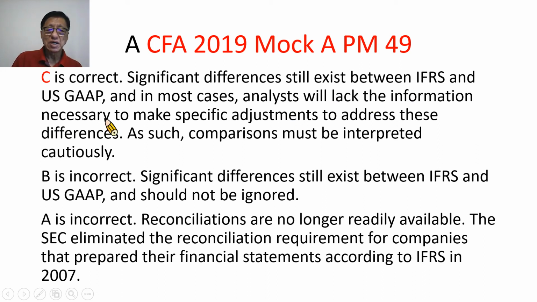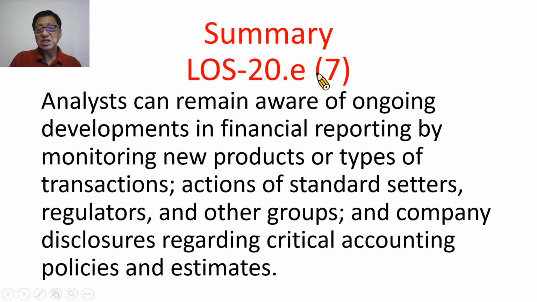the information necessary to make specific adjustments to address these differences. As such, comparisons must be interpreted cautiously. 因为IFRS 国际准则跟美国的会计准则仍然存在着重大的差异，而且大多数分析师缺少要解决这个差异所需要的特定调整的资讯，因此要比较必须是要很小心的解读。那 B 跟 C 都错误，那我不再赘述，有兴趣的朋友可以停格仔细看。我们看看第7个 summary，他说 Analysts can remain aware of ongoing developments in financial reporting by monitoring